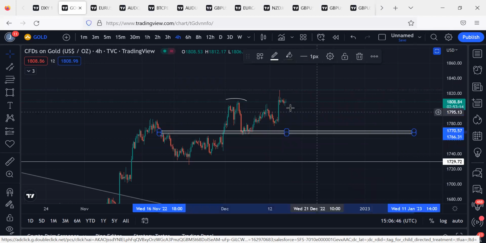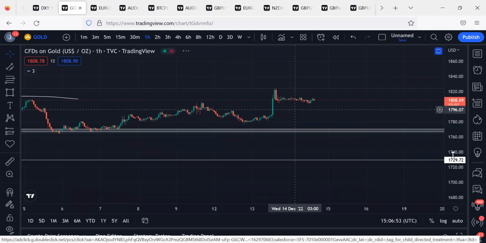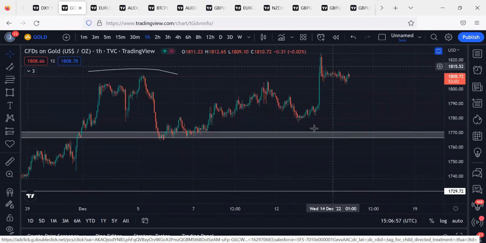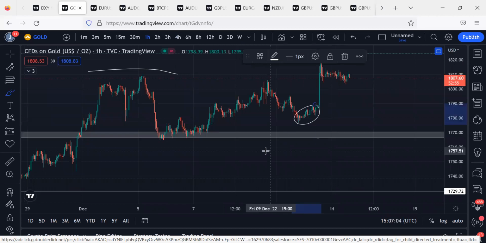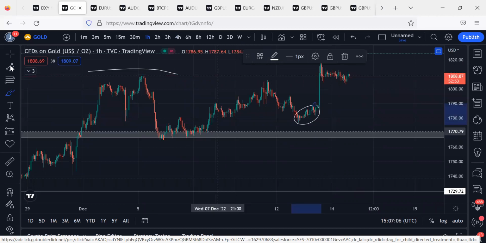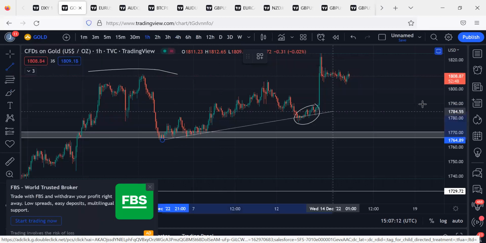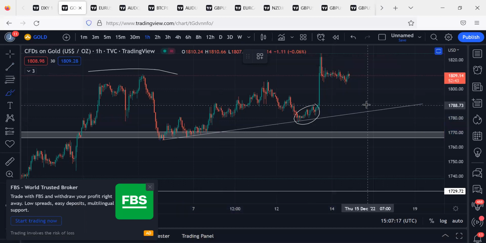Now, see what is happening here. A lot of people right now, not even on the 4 hourly chart, are on the 1 hourly chart trying to find entries, seeing all this noise that is happening here and trying to take a trade, calling this place probably a support because it didn't break this. Now, if I'm on a 1 hour time frame, I'll connect the dots and say, okay, since I want to take foolish trades, I might just say if you trace up to this extent